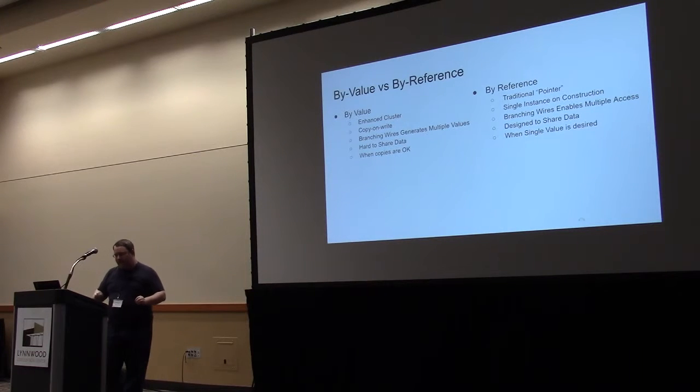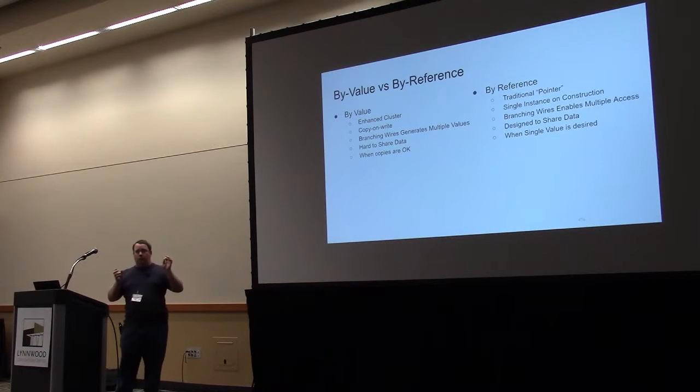Well, I guess let's talk about this. What does it mean? A by-value reference in LVOOP is essentially the cluster that we saw earlier. It follows the standard LabVIEW semantics of when you branch the wire and you change one of them, that one is copied and you now have two instances, just like any cluster, just like any piece of data in the system. Using LVOOP, it's more difficult to share data between two loops because one loop changes that data, it changes its copy. The other loop copy is unmodified.